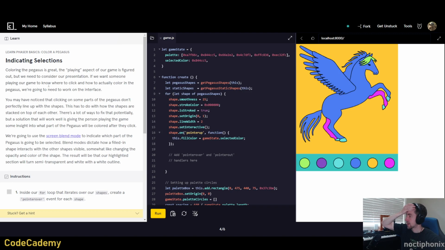So you may have noticed that clicking on some parts of the Pegasus don't exactly line up with the shapes. I mean, I suppose there's some little bits there. I'm not sure what they mean. Okay, so this has to do with how the shapes are stacked on top of each other. Oh, I see what they're saying. So like the wing back here, you can't select the whole part of it because it's covered by the other wing. So there's a lot of ways to fix that potentially, but a solution that will work well